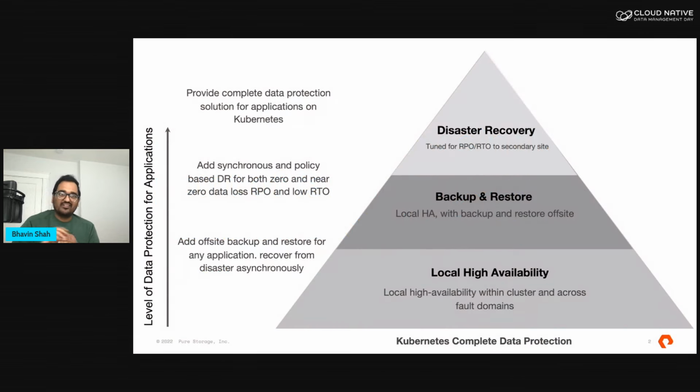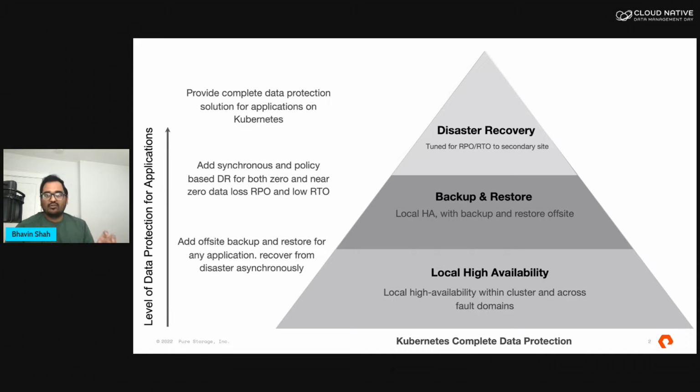So talking about containers and how you can run them on your EKS clusters, there are a few gotchas or single points of failure that you need to keep track of. The first one is around node failures or availability zone failures, which are not as frequent, but they do happen. So you need to plan for that as an organization. And to counter those kinds of failures, you need to have local high availability in your Kubernetes storage or your Kubernetes cluster itself. So your persistent volumes, we'll talk about how using Portworx, you can have persistent volumes that store replicas across your different nodes in the same EKS cluster.